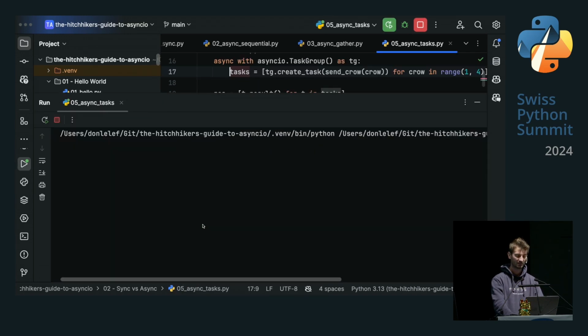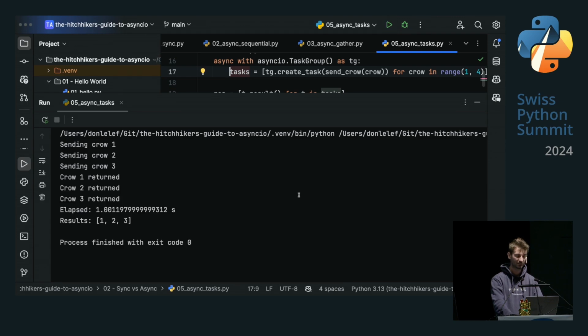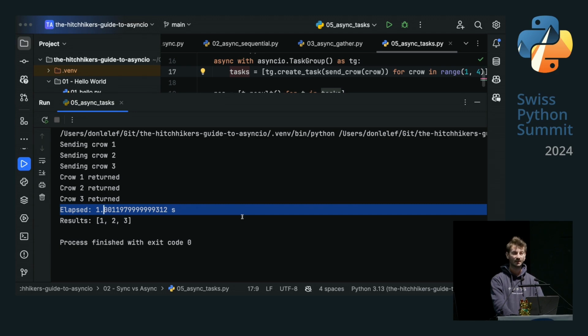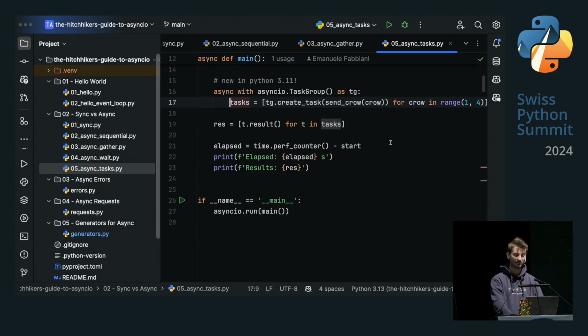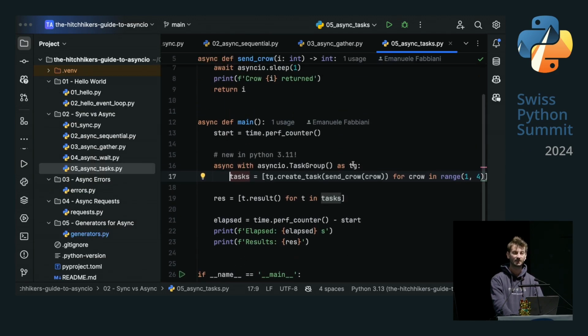If we run it, we see once again that we have exactly 1 second of elapsed time. This is the suggested way of using asyncio since Python 3.11. Not using gather, but using the TaskGroup. Okay, now,